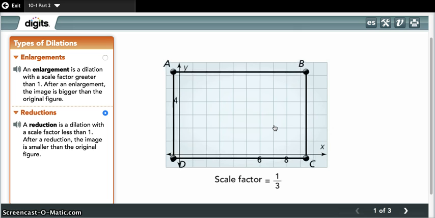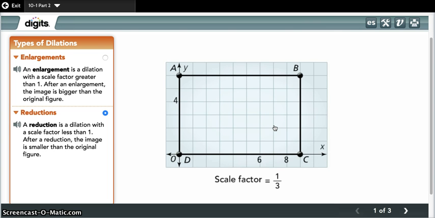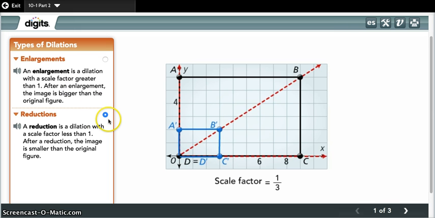Suppose you have rectangle ABCD. You want to reduce it using scale factor of 1/3 with center of dilation at the origin. A is 6 units from the center, so A prime is 6 times 1/3, or 2 units from the center. C is 9 units from the center, so C prime is 9 times 1/3, or 3 units from the center. Okay, I fast forwarded this part a little bit for the sake of time, but basically, as you can see, they took all of the coordinates and they multiplied them by 1/3, and they got this smaller rectangle, so